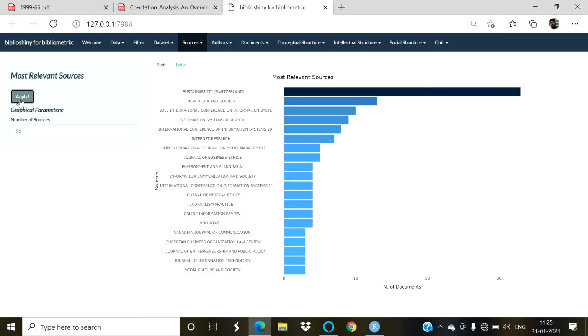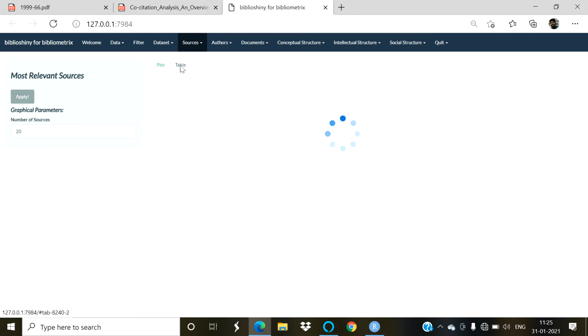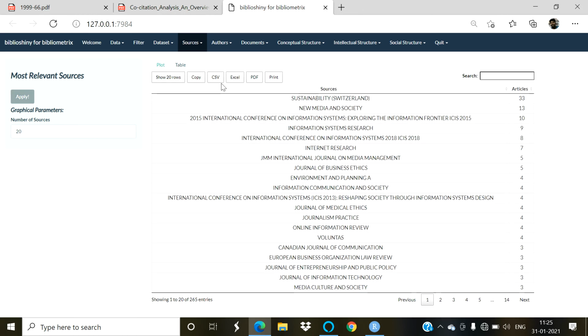These are the most important or involved journals in the field of crowdfunding. What is the importance of this information? Basically, if you are going to write a paper or article or any research or scholarly work in the field of crowdfunding, it is important for you to know which journals are going to publish your paper. The information given in this chart you can easily extract from here in CSV format or PDF format.